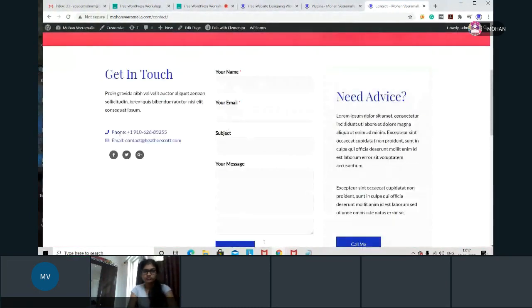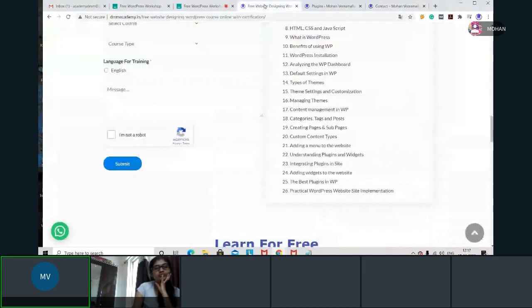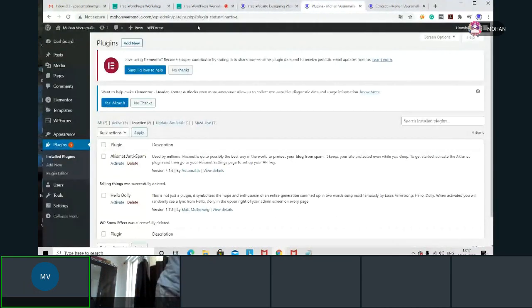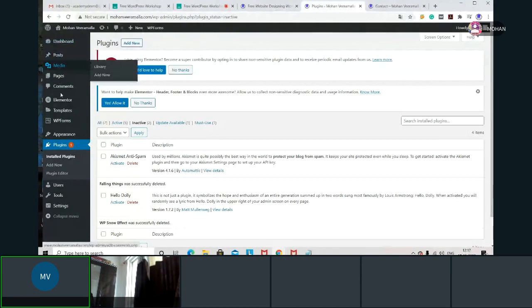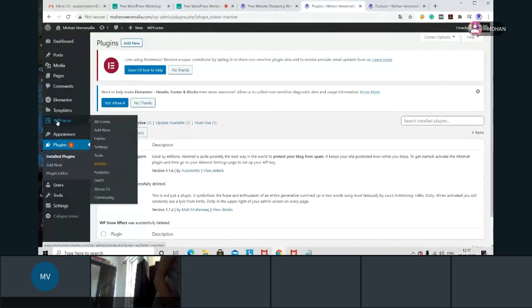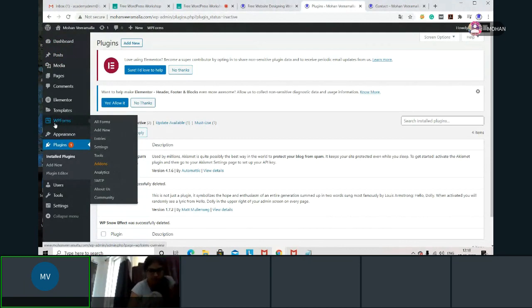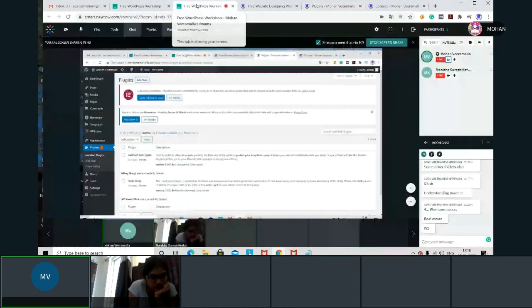If that form is available, that means we'll have a plugin also. We have to identify the plugin. Where is the plugin? Any plugins? Yeah, here you can see this plugin we learned just now. Contact Form 7 is one kind of plugin. WP Forms is also one kind of plugin, and Ninja Forms also we discussed. In that, there is one plugin inside our dashboard automatically. Why? When we install the theme, with that theme, we got WP Forms also.